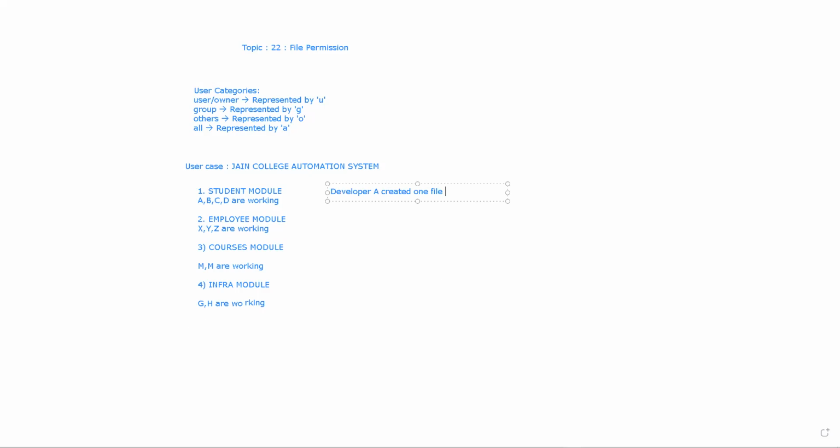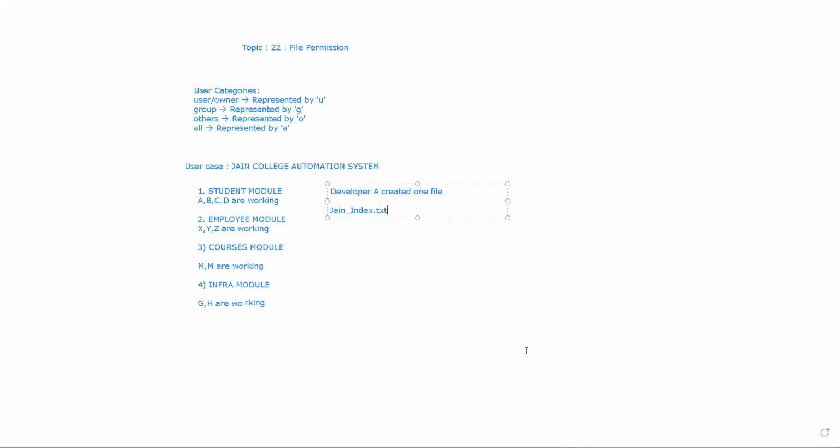Let's say the file name is Jain underscore index dot txt. So this is one of the files created by developer A.